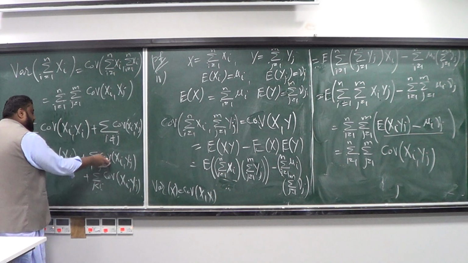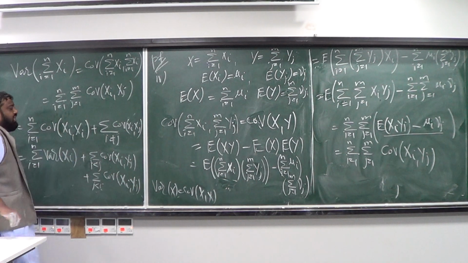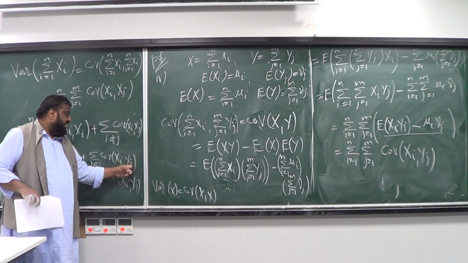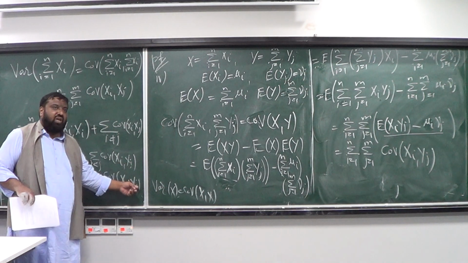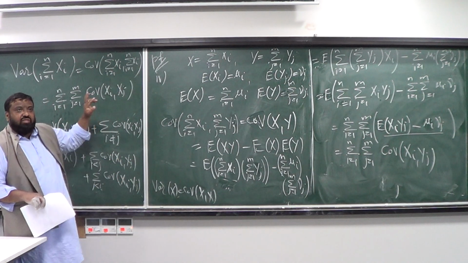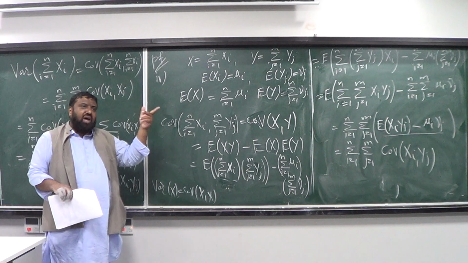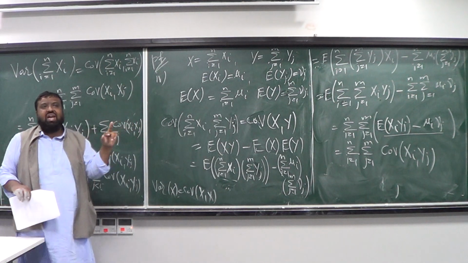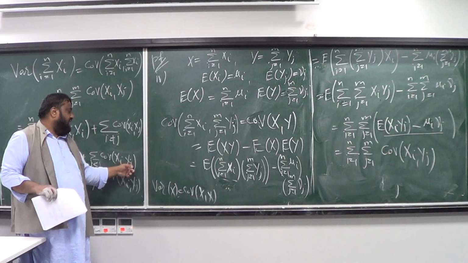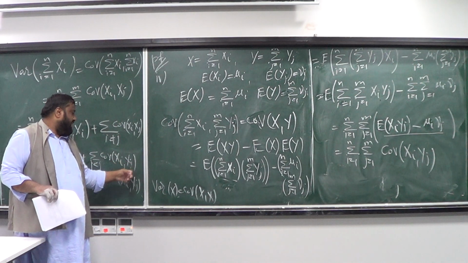But these two sums are exactly equal to each other. For example, x1, x3 is the same as x3, x1, because of the symmetry: the covariance of x and y is equal to the covariance of y and x. So the covariance of x1, x3 is going to be the same as the covariance